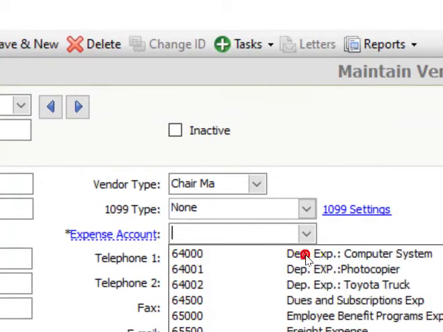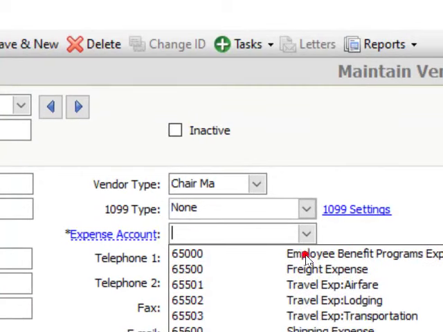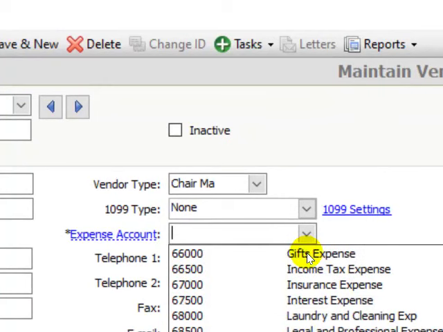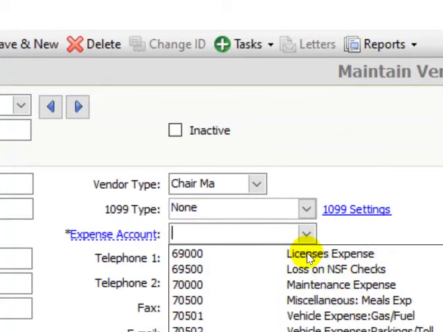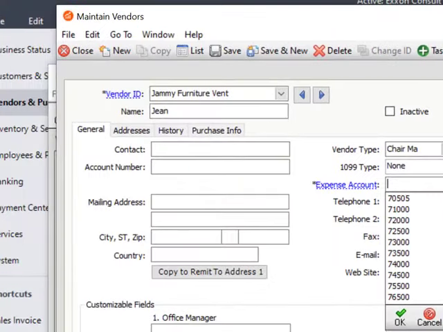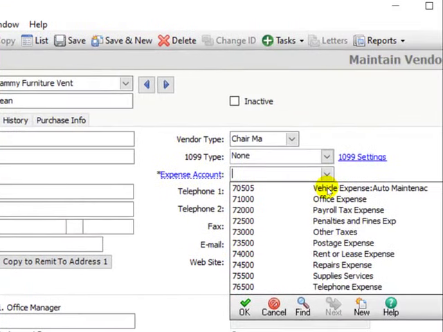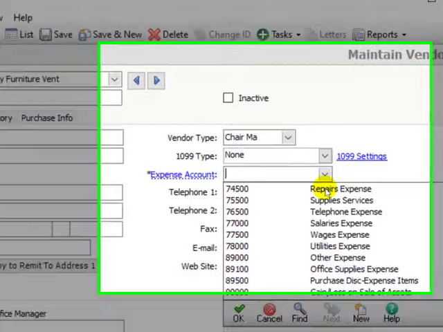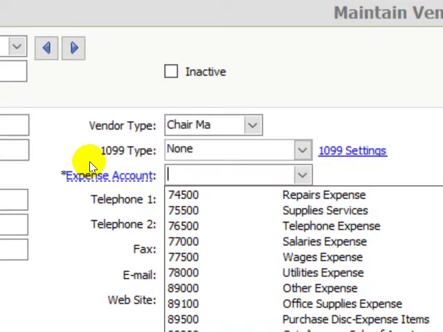So let's see what Peachtree has given us, so we can get a particular expense account for that. What type of expense account? Supply services. Supply services. Okay, so should we put it under office